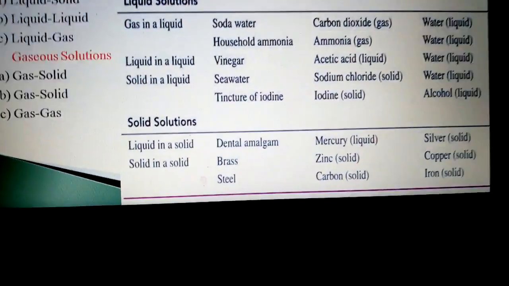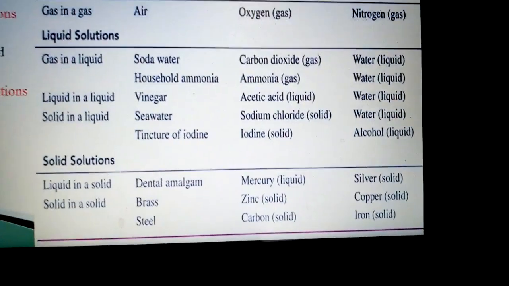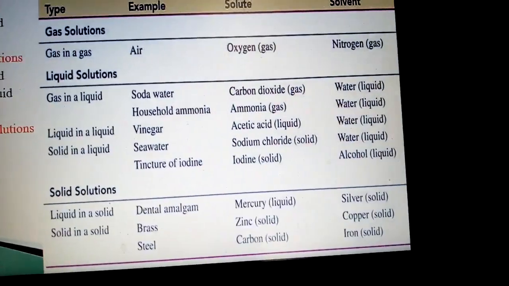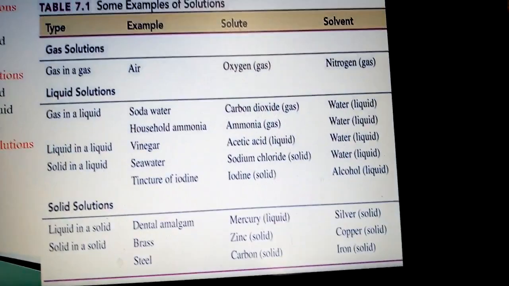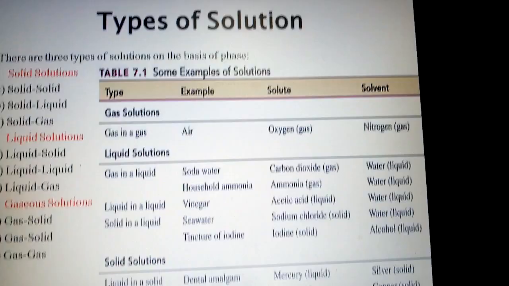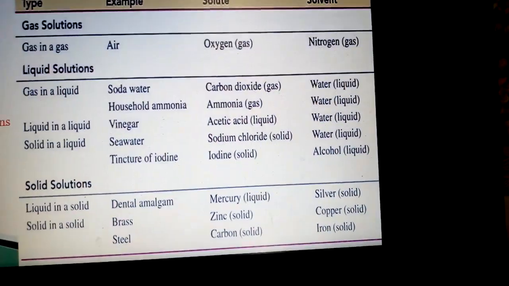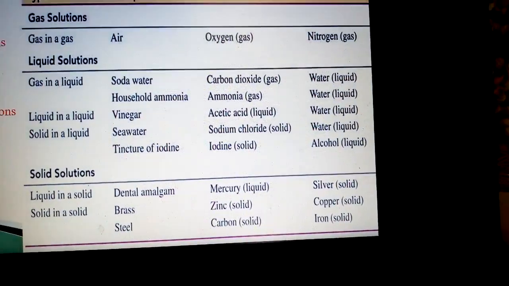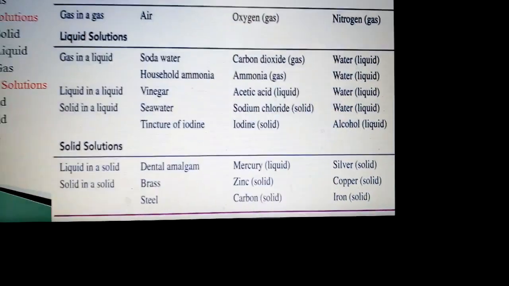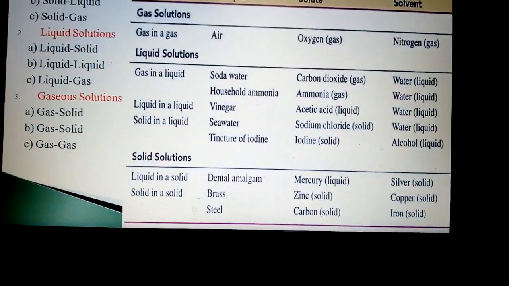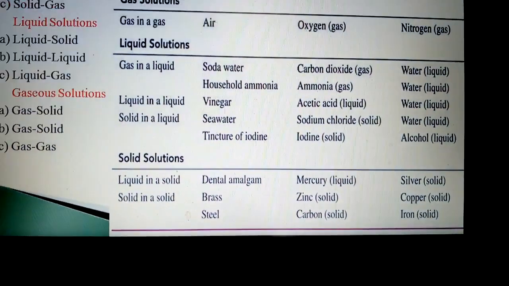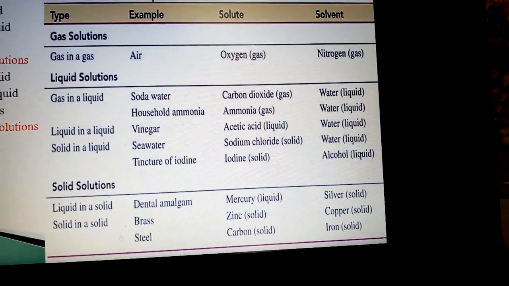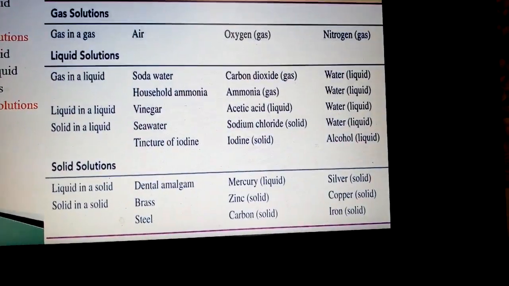The last one is the example of the liquid-gaseous state. In liquid-gas we can take a very common example in our daily life: the presence of carbon dioxide in our cold drink bottles, where carbon dioxide gas is dissolved in soda water. It's also visualized in that slide, the soda water example, where carbon dioxide gas is present in a solvent, which is water. So carbon dioxide is present in smaller quantity and acts as a solute, and water as a solvent is present in excess or larger quantity as compared to the solute.